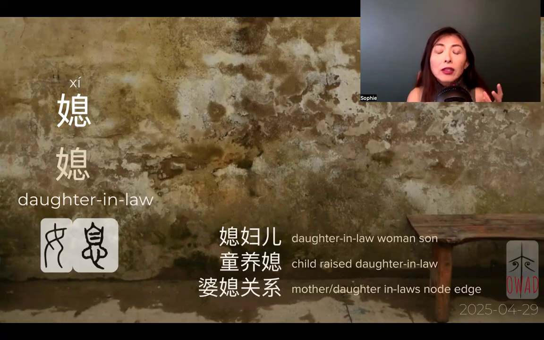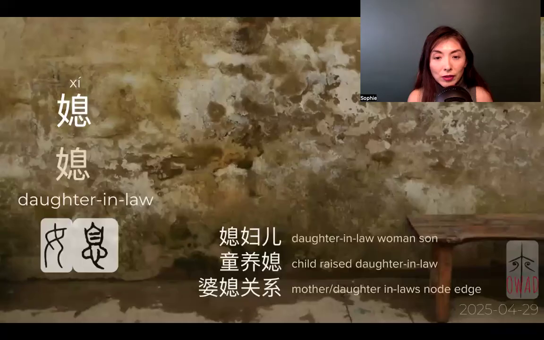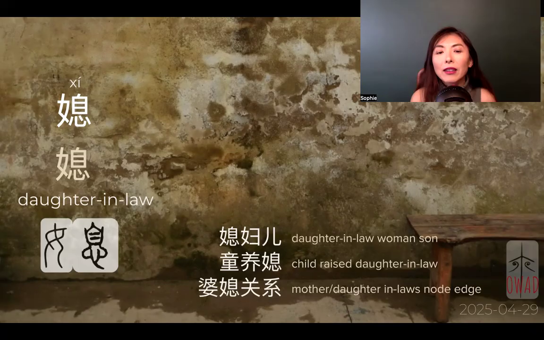So the child daughter was sent off earlier to be raised by another family, and then you get reimbursement. I mean, payment for that early on, and then you lost your chance to raise your own child. And then this 童养媳 was raised by another family and then was destined